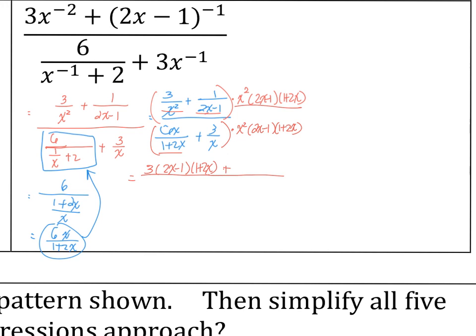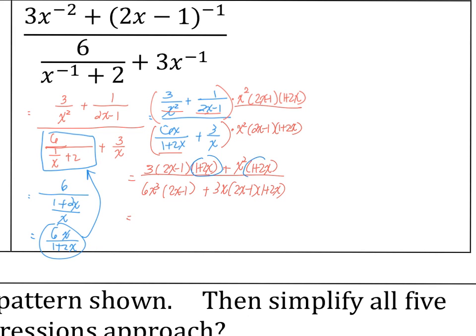plus x squared, 1 plus 2x. And this one, we're going to take out 1 plus 2x, so we're left with 6x cubed, 2x minus 1. Plus again, cancel out 1 x, and you're left with 1x, 3x, and the other two binomials. Okay, so this step is very tricky. And then I can